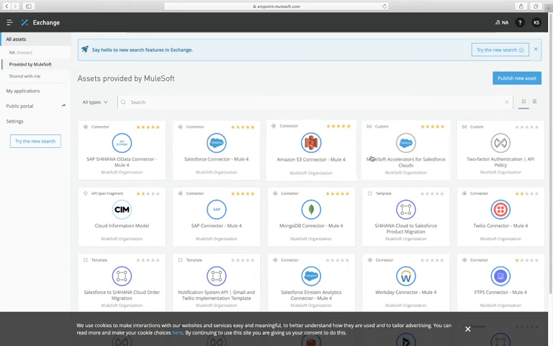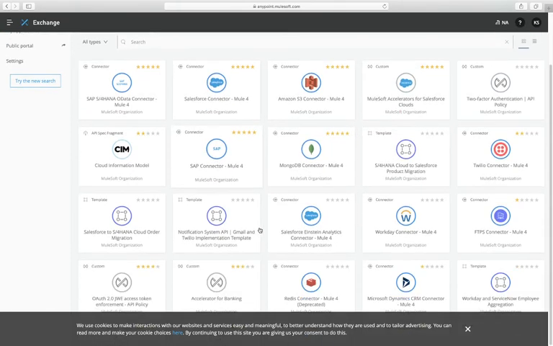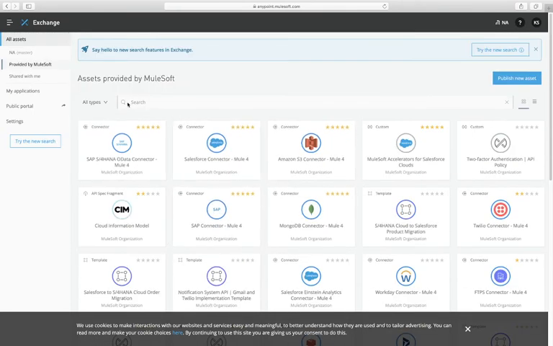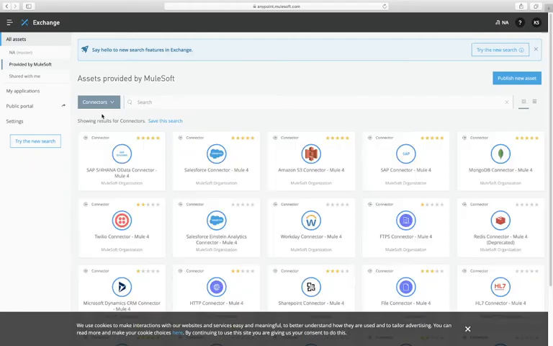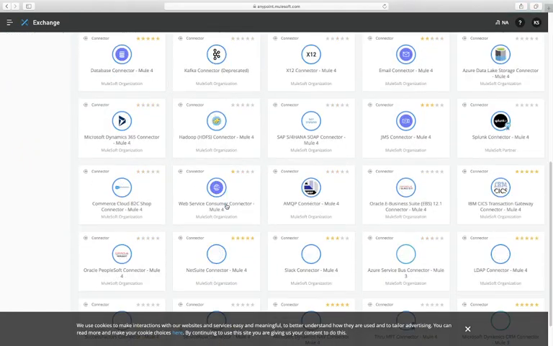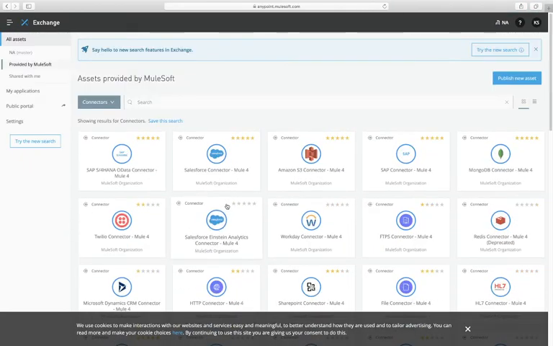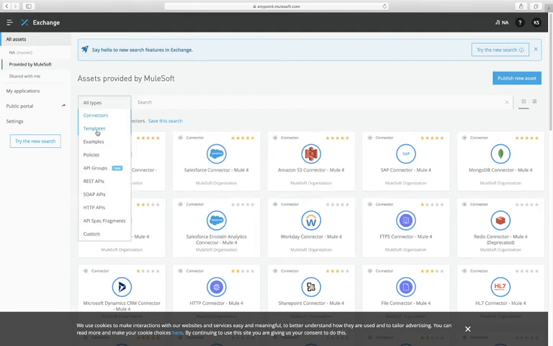You can see here there are lots of connectors. What all things are here, you can see in type. If you click on type and select connector, all the connectors will be visible here, whether provided by MuleSoft or any third party. Then templates, you will be able to see lots of templates here, and you can use those templates for your development.